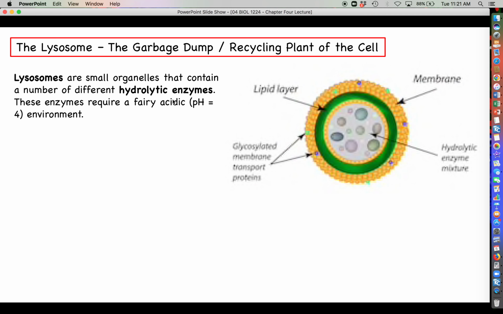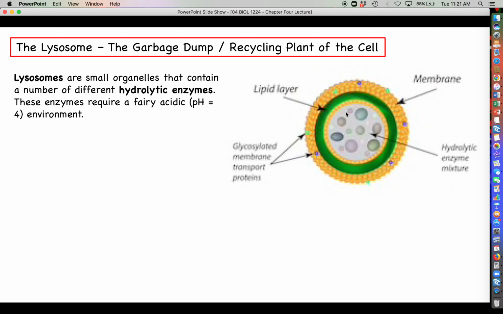That word hydrolytic should seem familiar to you. Basically, it means that this is an enzyme that facilitates and catalyzes hydrolysis reactions. Remember, these are the reactions that break down polymers into smaller monomeric units by breaking the covalent bonds that join those monomers together. An interesting thing about lysosomes is that, in stark contrast to the rest of the cell, they